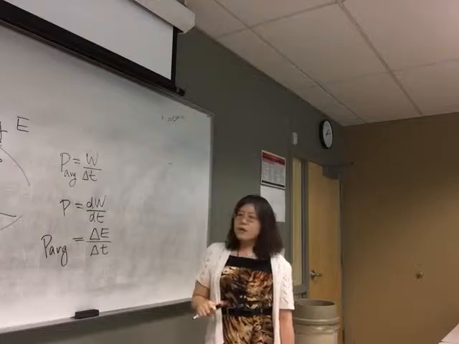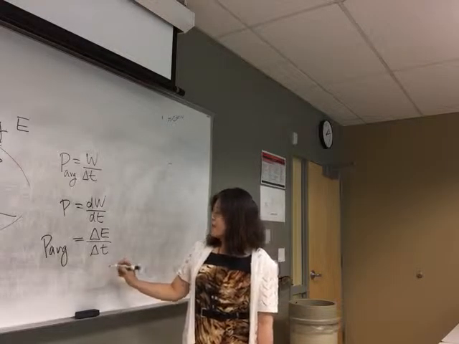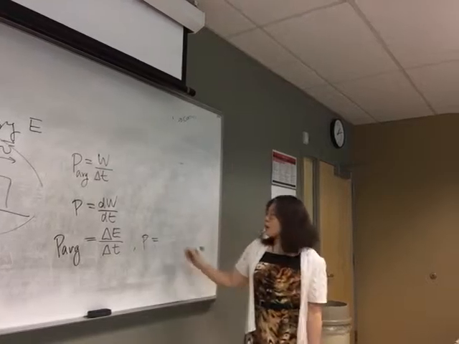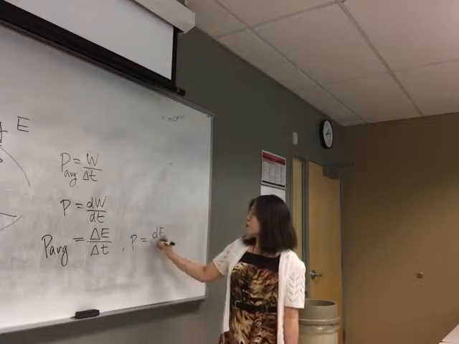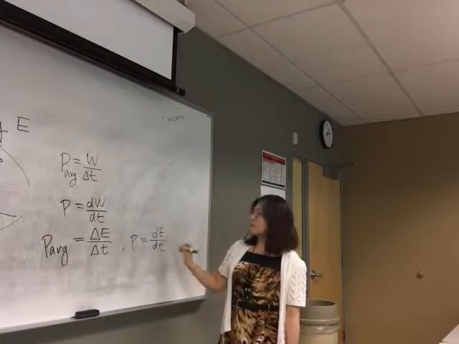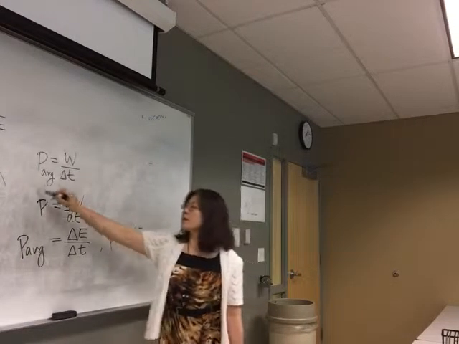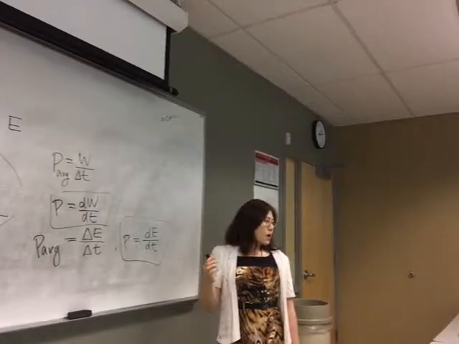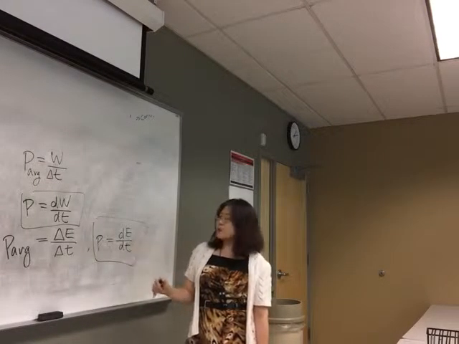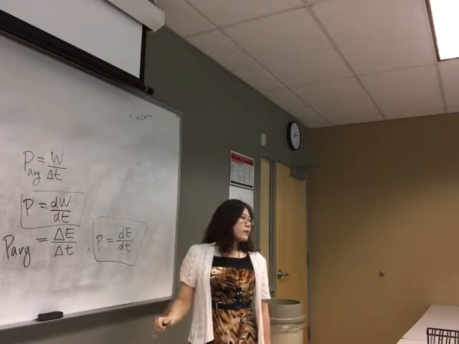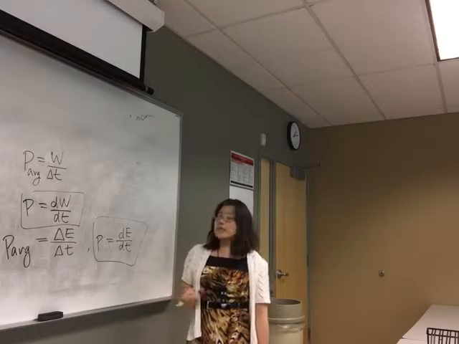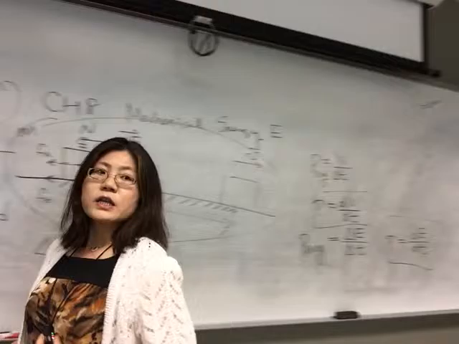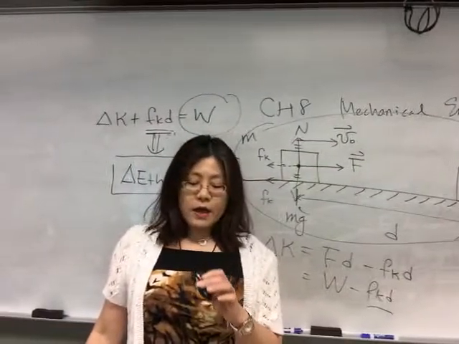So delta E over delta t. And instantaneous power, P, will be just dE, the differential of E, over dt. Okay, so you can see that this basically is this. Instead of using the concept of work, now we're just using the energy of the system, the mechanical energy of the system, so that's dE over dt. Okay? All right. So that concludes chapter